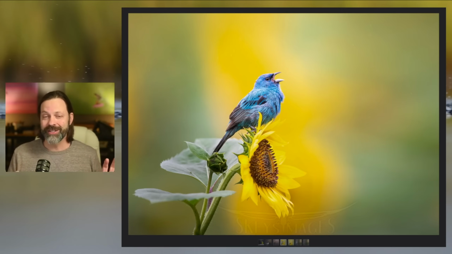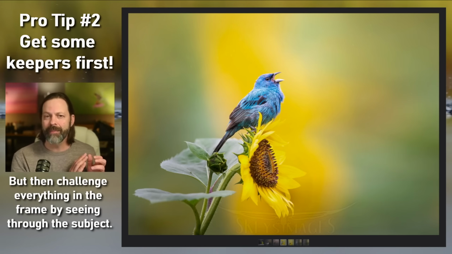Now, I've already given you one tip about taking some test shots and perches. The second tip I'm going to give you here, which is going to be some of the advice in this video, is before you move, get some keeper shots. So before I'm thinking of the perfect shot, I'm going to get some, because if I move and the bird flies away, I've lost everything. So once I get those keeper shots, once I get a few good, clean frames,